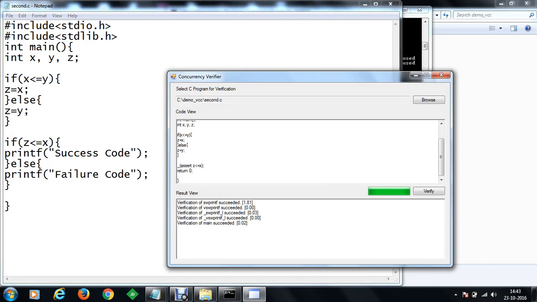So with our concurrency verification program, we make sure that if we are writing code in C, and writing n number of lines of code, we can easily verify the conditions of the program, and that will help us write quick code, correct code, and make more soundproof code. So this is all about the concurrency verification program.